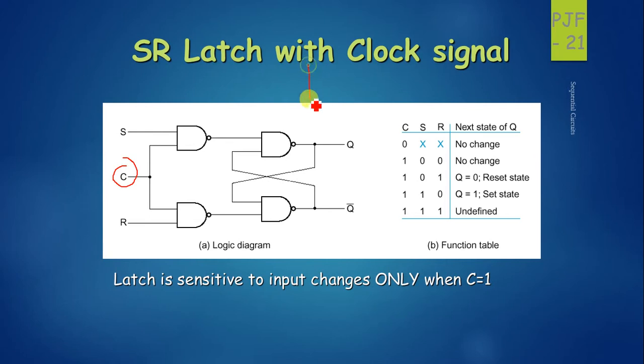Clock is a unit time signal. That means if you consider this to be 0, the clock will rise and it will retain for some time and it will fall. This rise and fall will continue at a particular time period. For example, this on time is digitally represented as 1, off time of the clock is represented as 0, right? So the clock will toggle, or switch, between on and off at a particular time period.